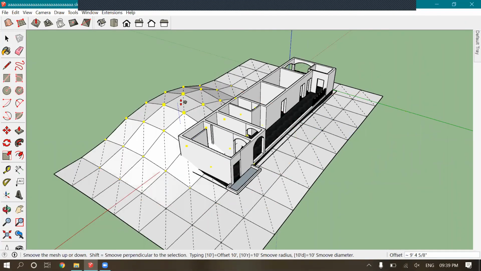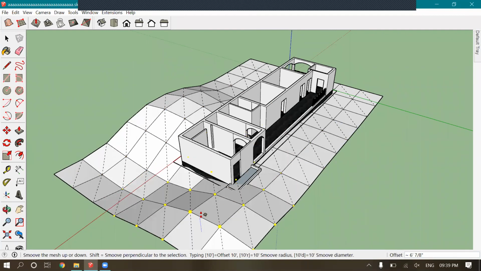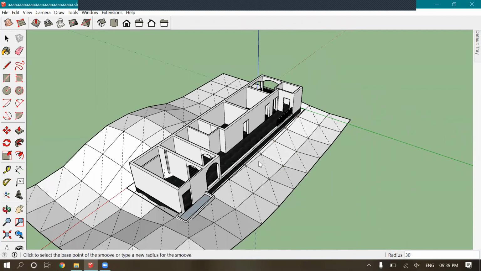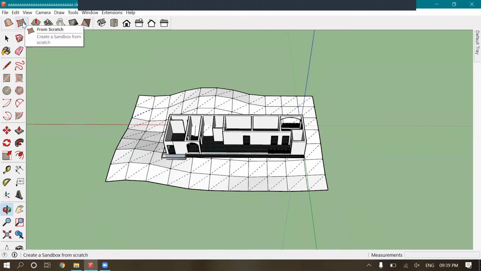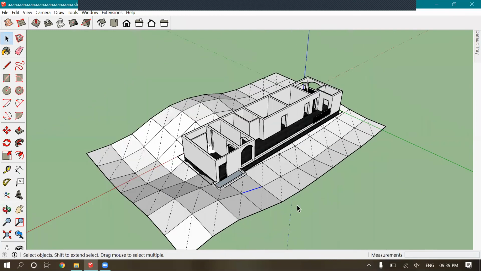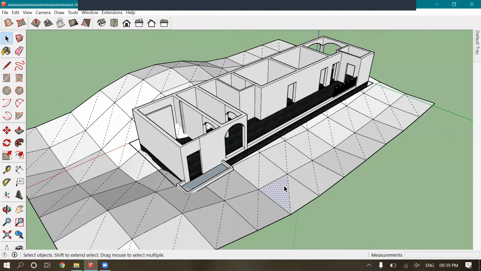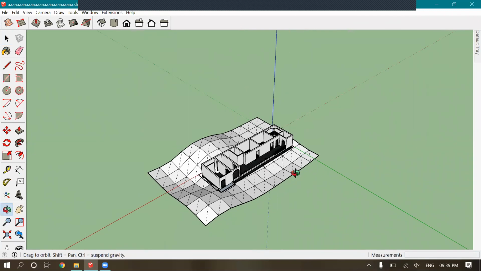You can change the terrain and do whatever you want. You can add roads, greenery and all. In Sandbox, mainly these two tools are of some use. Is that okay? Now these are all a single unit, so after any sort of correction, all you need to do is make it a group and then continue.